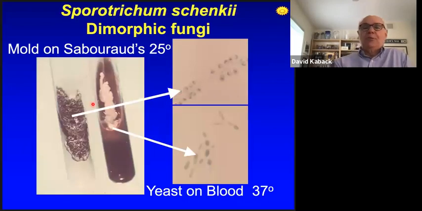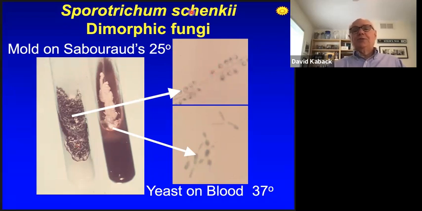And the first one, most common one, is Sporotrichum schenkii, which causes a disease called sporotrichosis. Here we have the first dimorphic organism we're going to be introduced, where it's growing on Sabouraud's agar as a mold, but growing on blood agar as yeast cells. And you can see the yeast cells growing on blood agar, or the mold with hyphae and blastospores coming off of it growing on Sabouraud's agar. Okay, at the different temperatures.